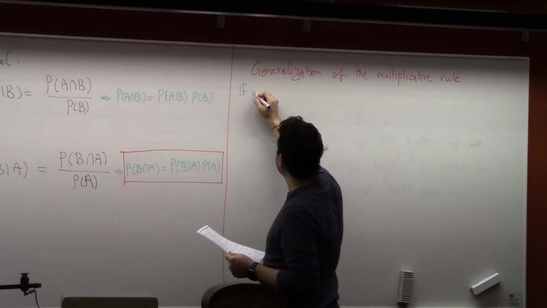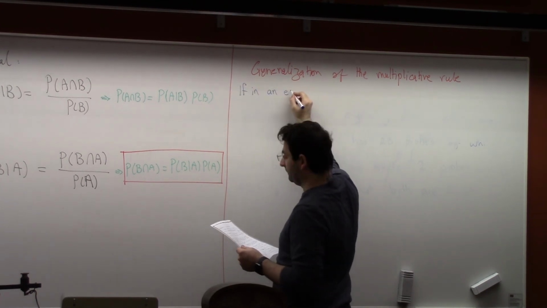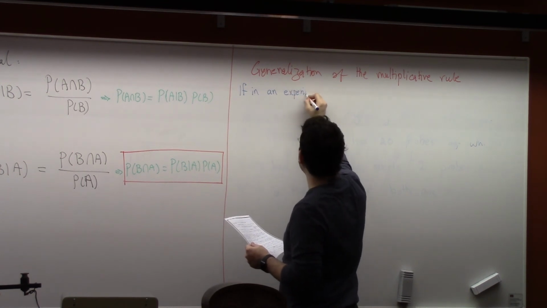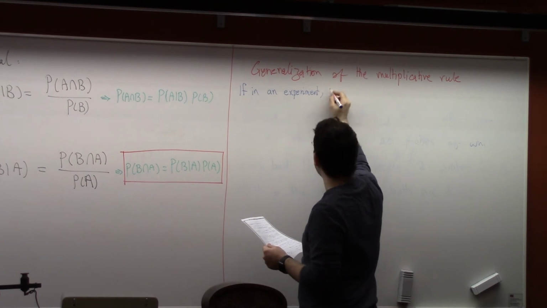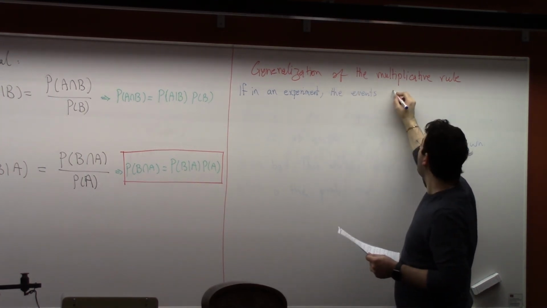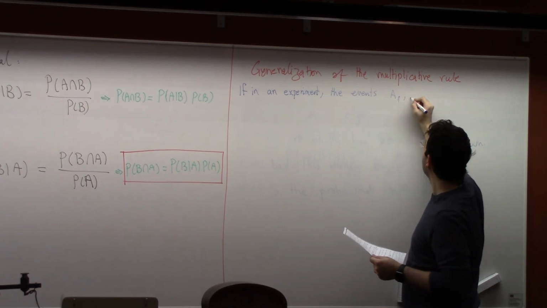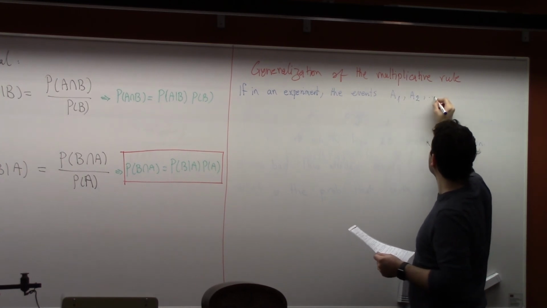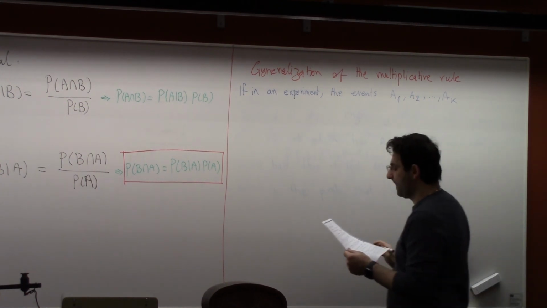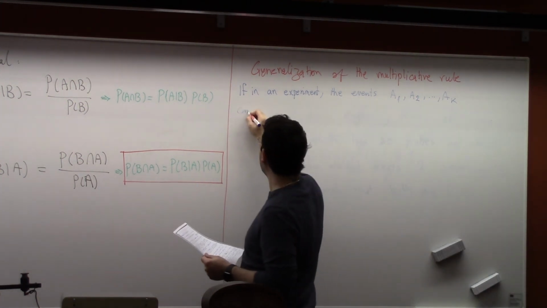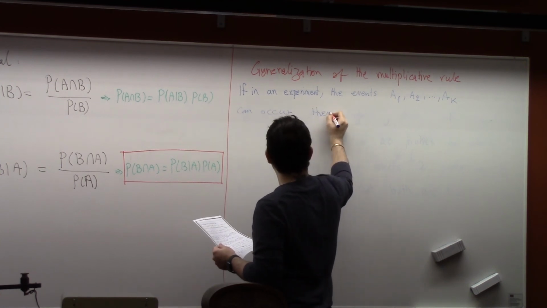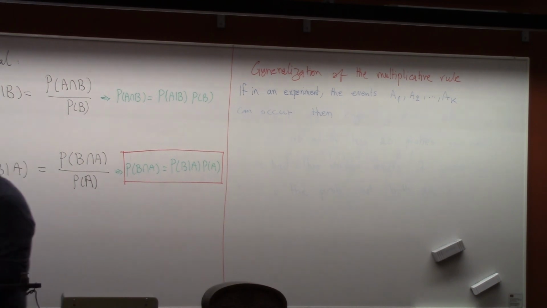If in an experiment the events A1, A2 till AK can occur, then